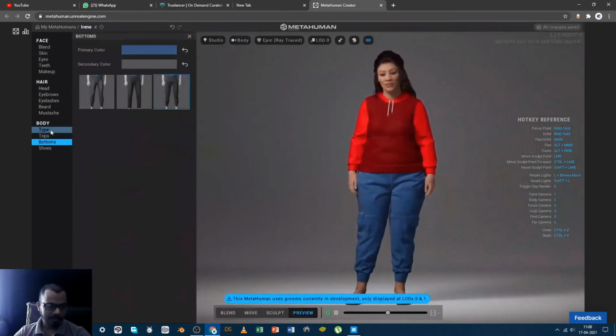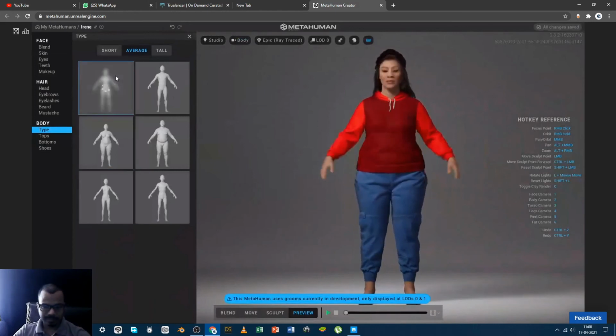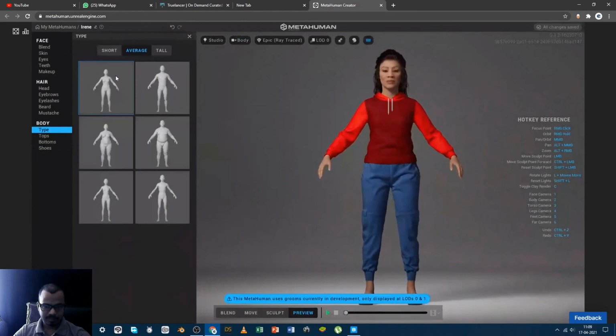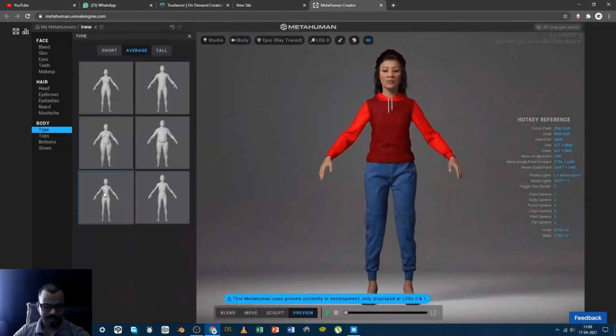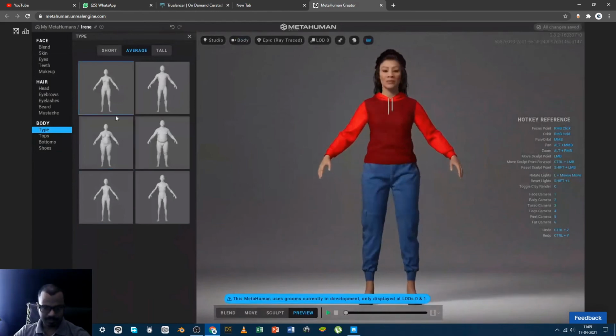And again the body type, if you make it thin, if you make it thinner than this, and if you make it fat, I like this version because the head is bigger in the other two versions.